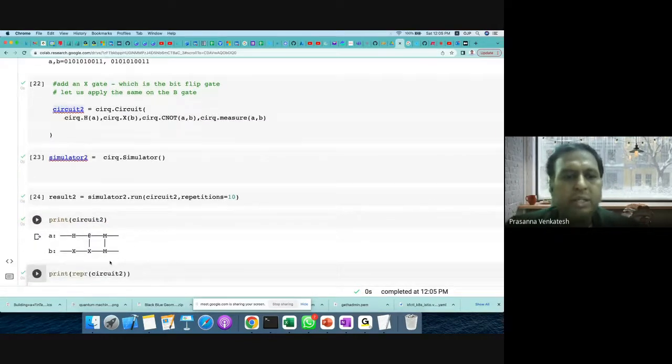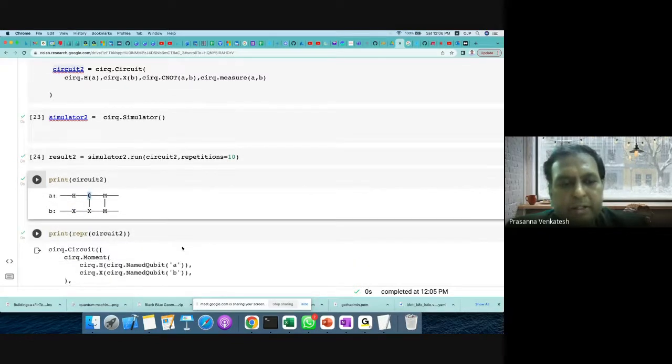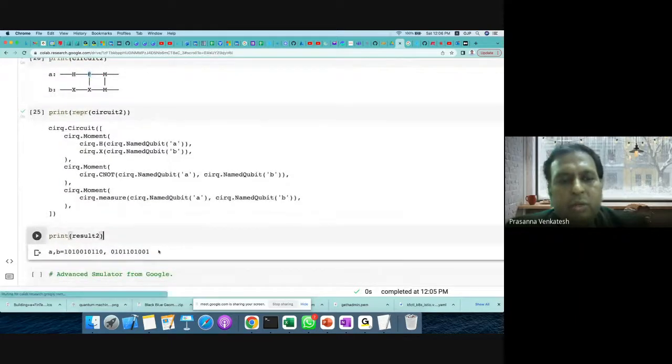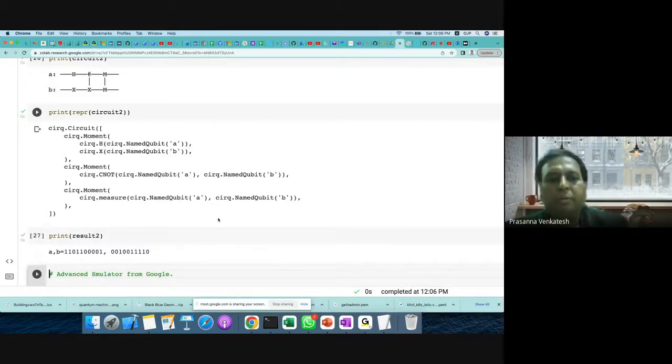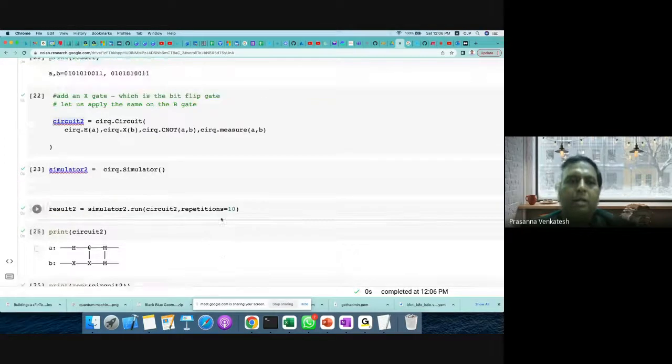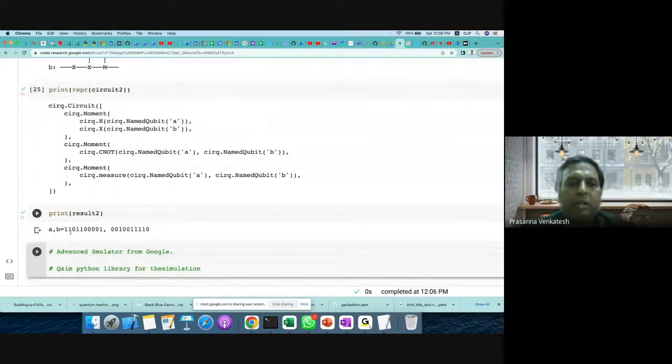Here you can see that for A you are applying H, but for B you are applying an X gate, and then you do CNOT, and then you do the measurement. And now you can print the result of this particular circuit. I'm sure that it will be much different from what you got previously. Earlier it started with 0, 1, 0, 1, 0, something like that. But now here it is 1, 1, 0, 1, 1, 0, something like that.